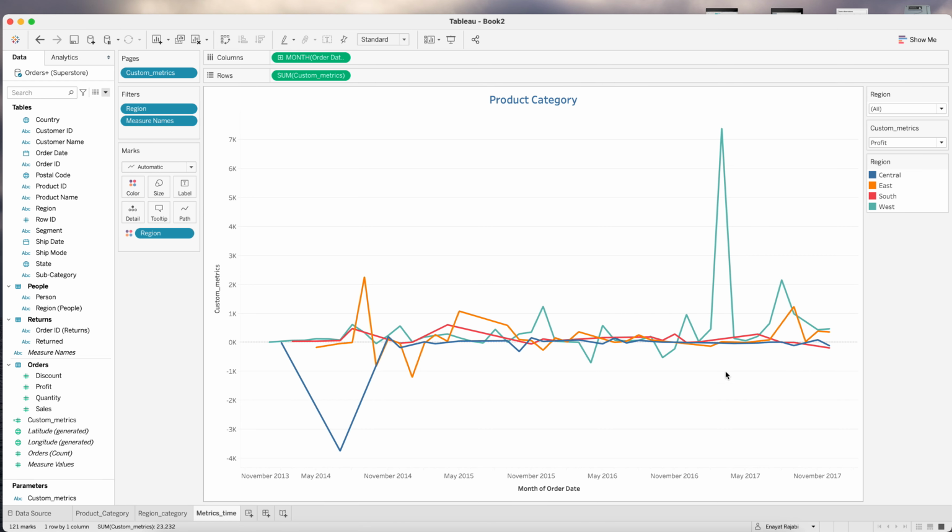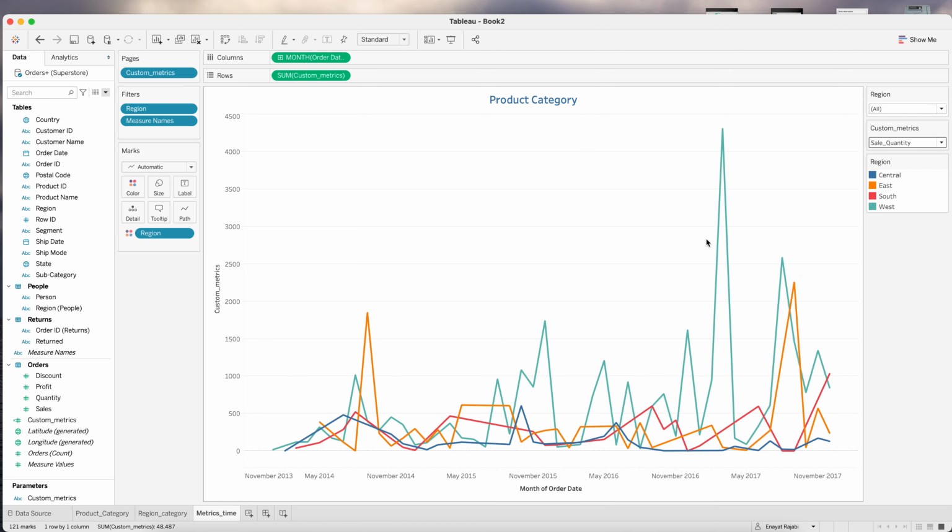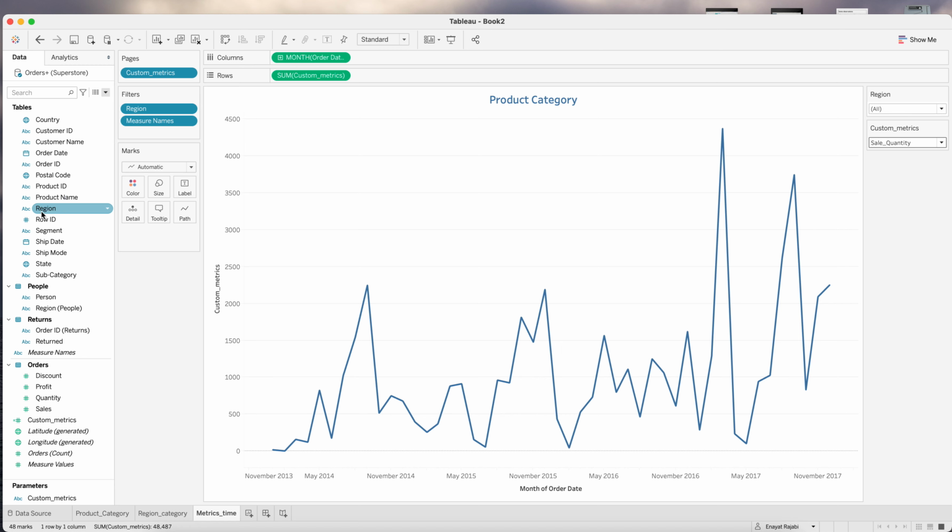And for example, here we can see in West regions we had high profit in March 2017, right? And again, when I switch to sale quantity, we can see different regions as well. At the same time, instead of regions, we can drag and drop category,